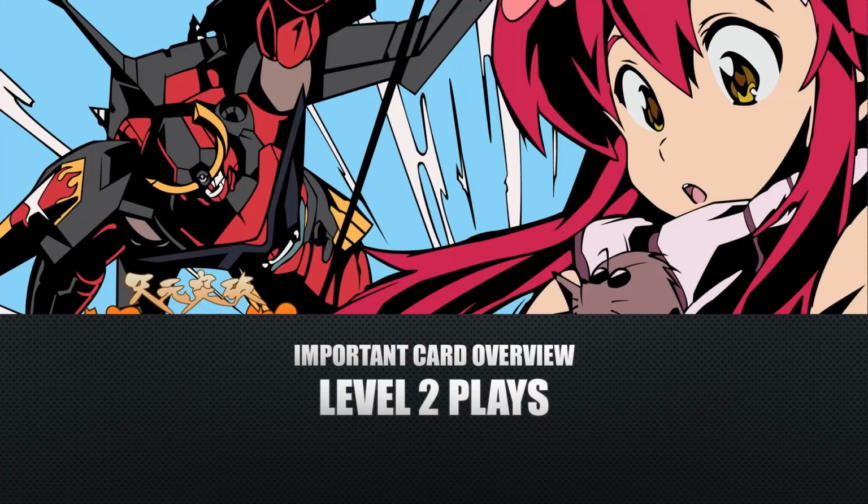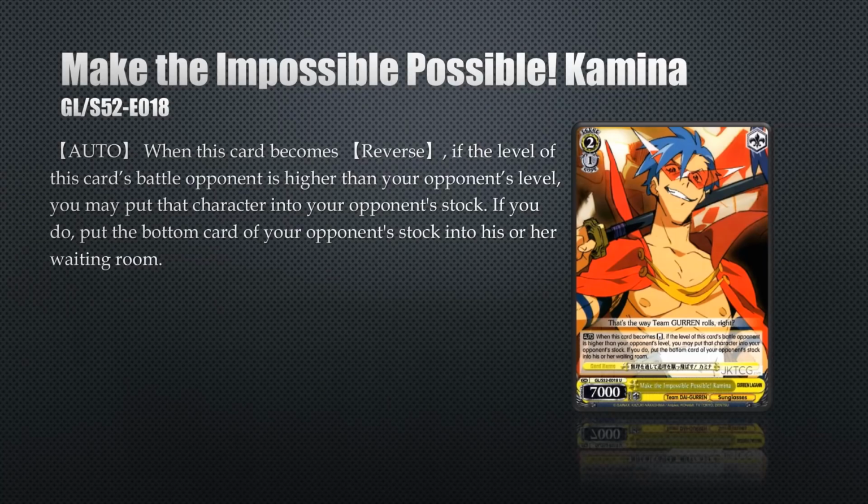So for level 2 plays in the deck, we have Make the Impossible Possible, Kamina. It's just an anti-change stock bomb. So if your opponent has something at a higher level than them, you can send it to stock and pull out one of their stock. When this guy gets reversed, it's unfortunately a stock bomb, which isn't the best at dealing with Yo, which I think is probably the most impactful early play right now. Since if you send a Yo to stock, they can just pay it out on the next Chica,